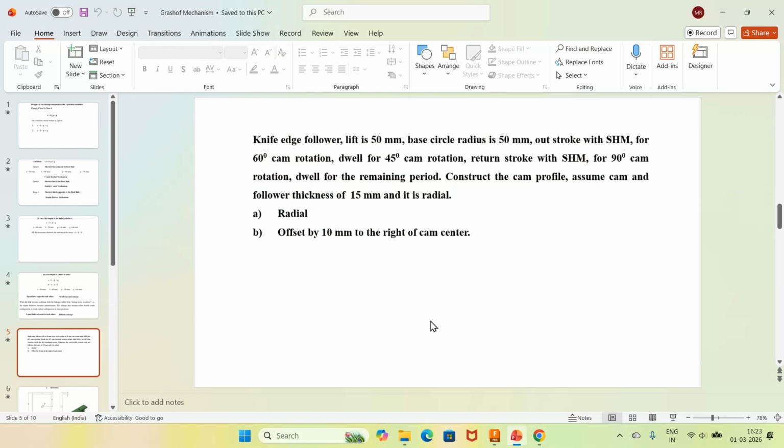In this video, we are going to take up how to animate and analyze the knife edge follower on the analysis of cam, how to construct the cam profile by the radial method. So the problem reads: a knife edge follower lift is 50 mm, having a base circle radius of 50